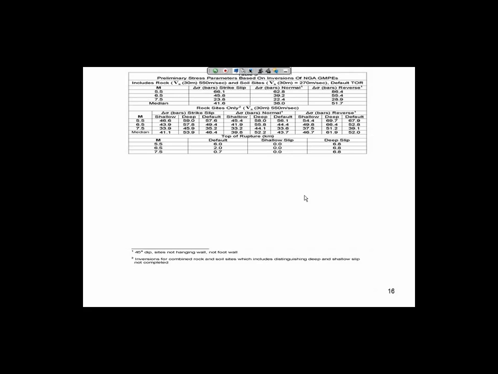You can also see the relationship between the 3 fault types. Normal fault types have the smallest stress parameter for all magnitude levels, and also the smallest median stress parameter. Strike slip is only about 10% larger. However, reverse is approximately 50% larger, 25 to 30% larger than, say, normal or strike slip. And you see that for all 3 of the magnitude levels.